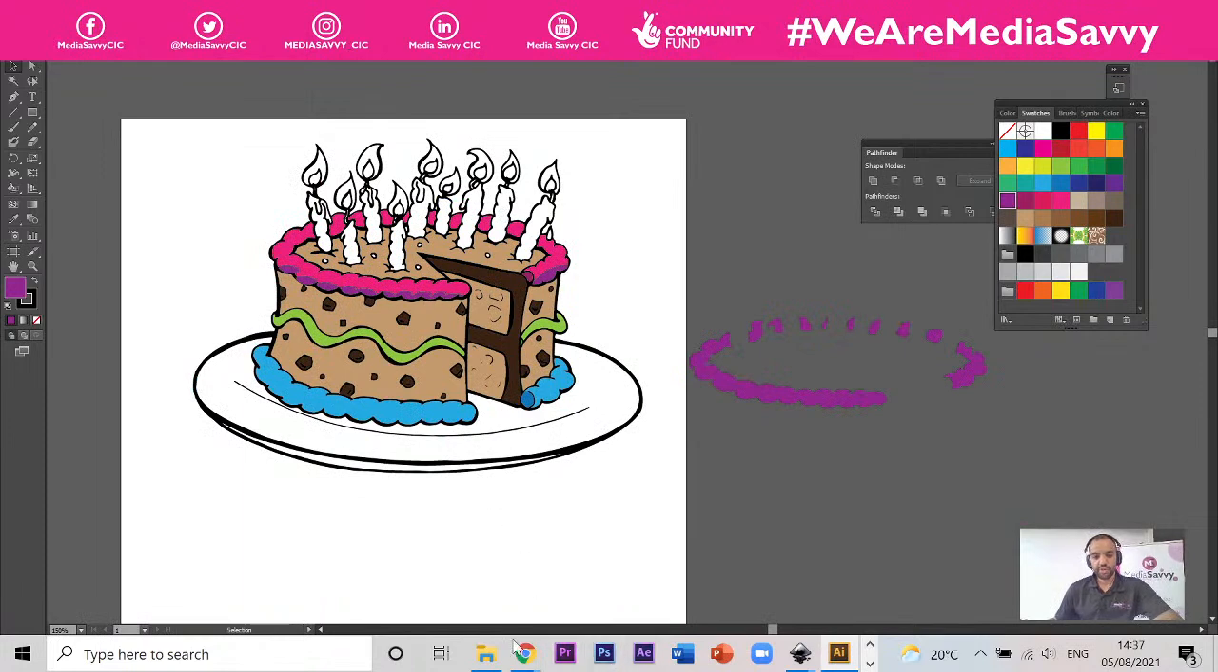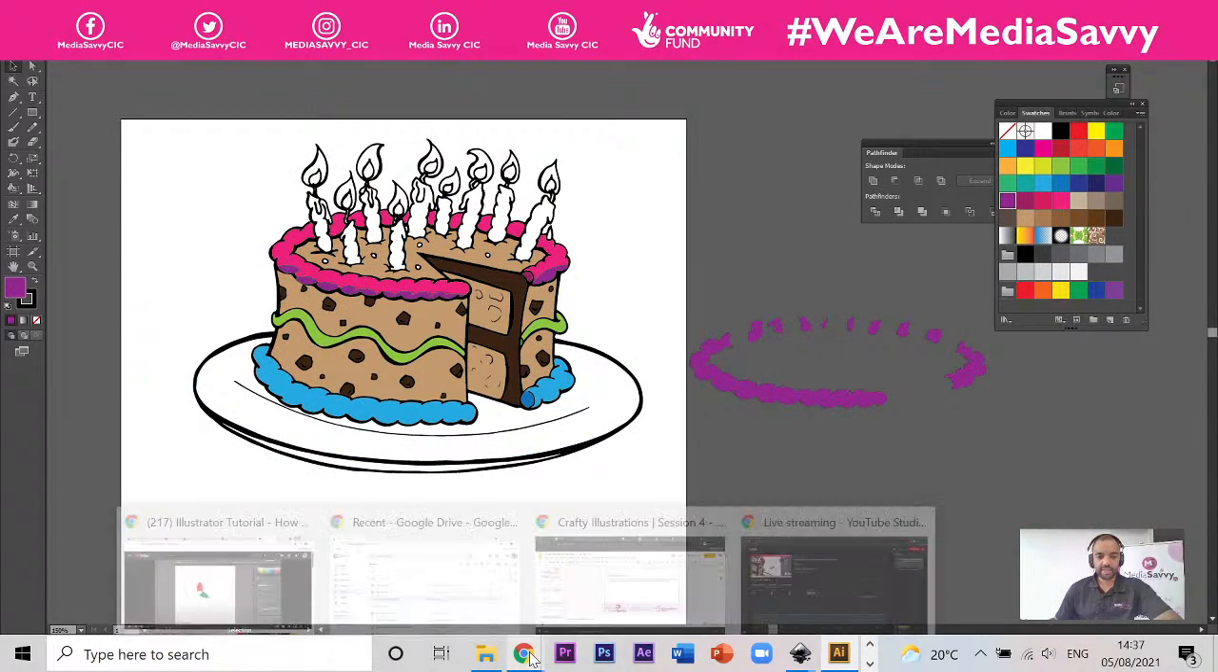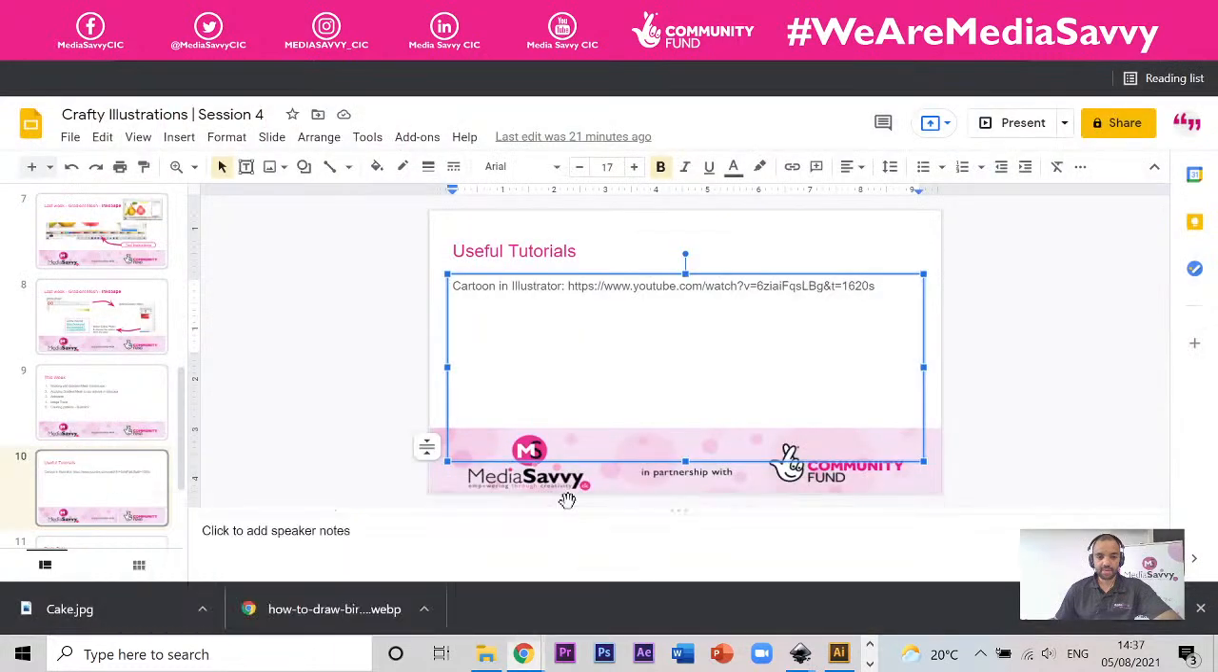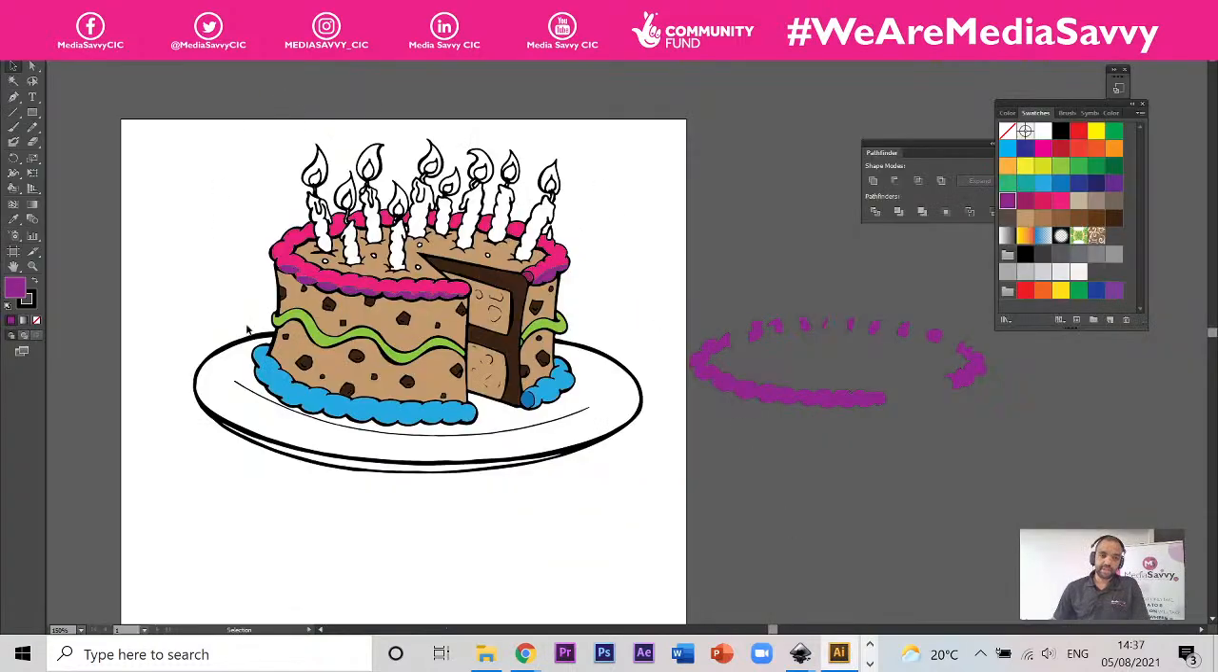Now there is a tutorial on this, and the tutorial is the one I've just placed in this one here, and it does that far better than I'm explaining at the minute. So please look out for that tutorial. Have a look at that. I don't think it's that long, and they go into a little bit more detail than I'm going to now on how to create that kind of 3D. Well, not 3D, but more of a cartoony kind of look. So that's the cake